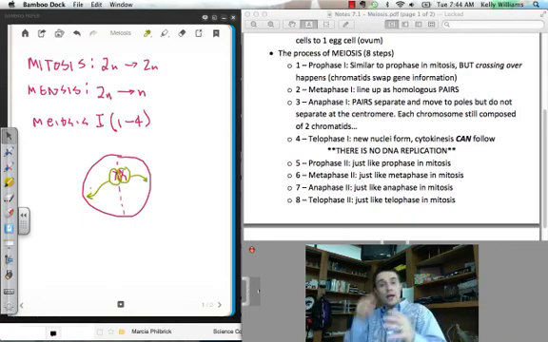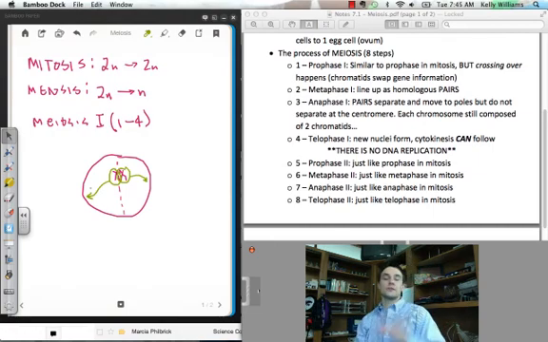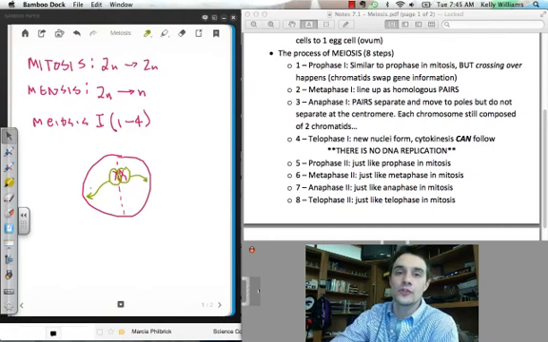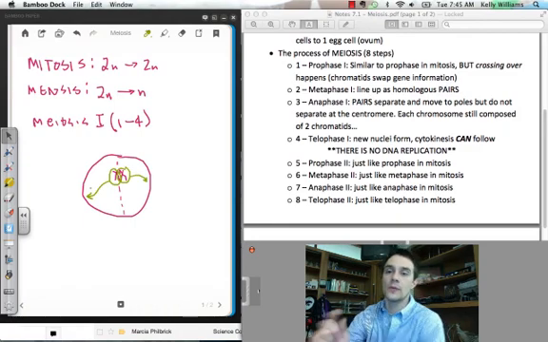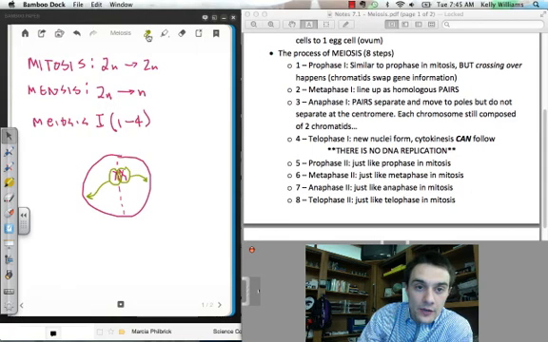Telophase, a new nuclei forms around it, and then we can have cytokinesis. We don't have to, but we can have cytokinesis take place at the end of meiosis 1. Main thing here, though, is between meiosis 1 and meiosis 2,